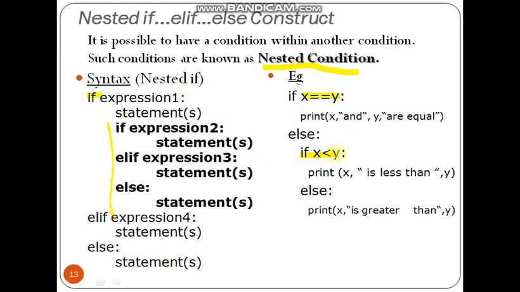If x is less than y, then we are printing x is less than y. Again, one more chance is there, without checking you can say that x is greater than y, so we have written that within this else. So to this if else we have added, to the false part, another if else. This formation is called a nested condition, nested if.